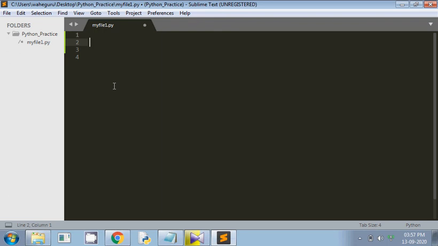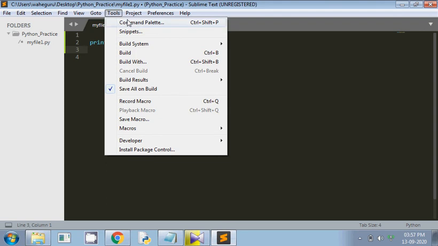So let's use a print statement. We'll be learning how to use this print statement in great detail in the next video. As of now, I'm just using it for a simpler task. Let's print hello world. To run a Python program in Sublime Text, we have to use the build system.